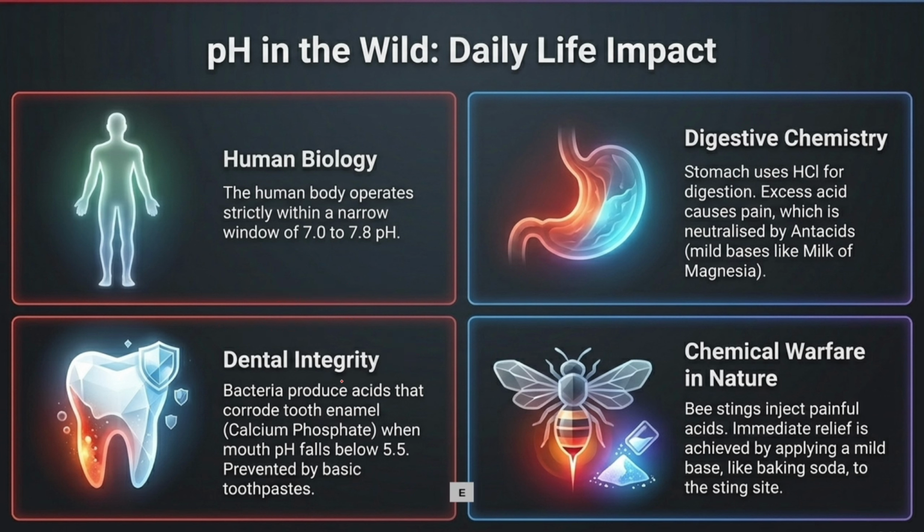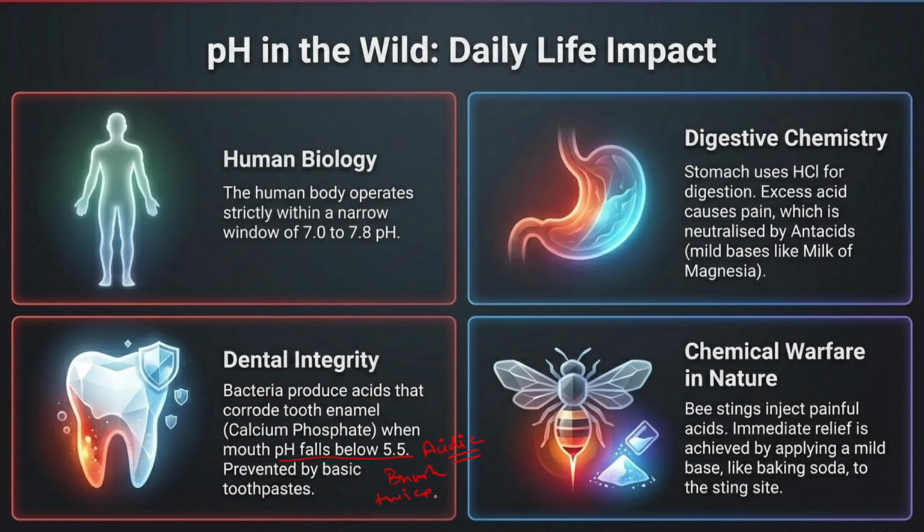And when these soft drinks touch the tooth enamel, it just degrades the calcium phosphate. So the pH of the mouth decreases because of the acidic nature of these soft drinks. Even when we sleep overnight, the pH inside our mouth falls below 5.5. That means it becomes acidic, and that is why we need to brush